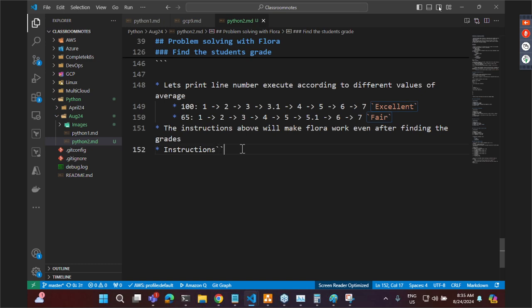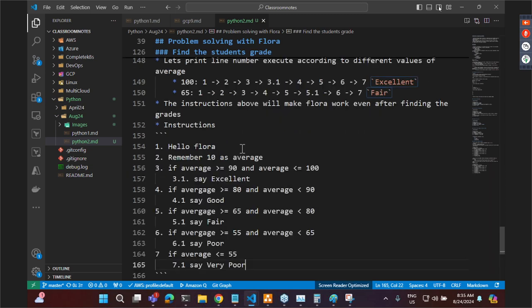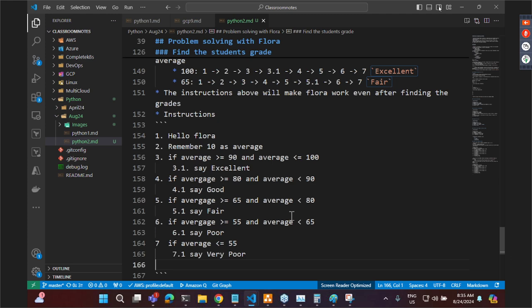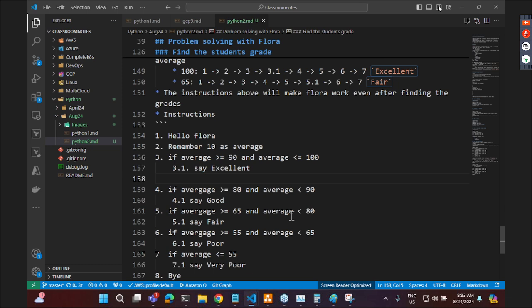Yes. Okay, and then I'll try to write line 8, which basically says exit, or which says bye. Okay, so over here I'll try to tell that 3.2 go to